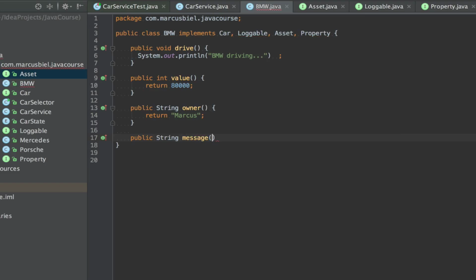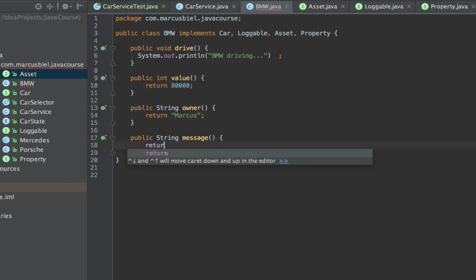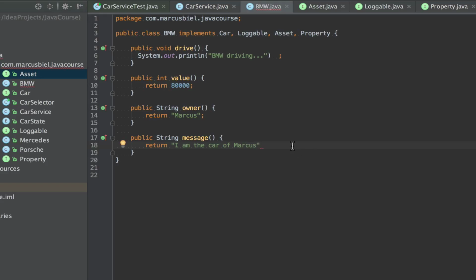Message, and yeah. So here, let me just return something. I'm the car of Markus. Okay, and now I have a class implementing 1, 2, 3, 4 different interfaces.